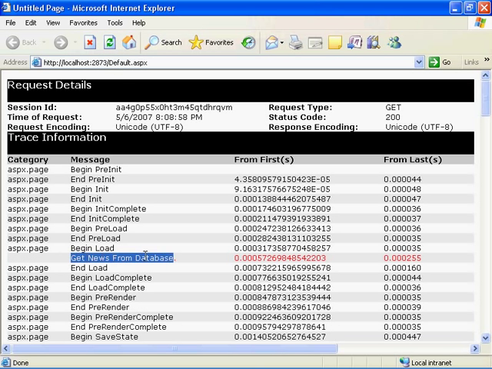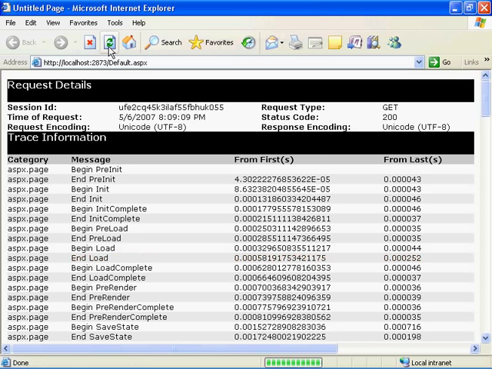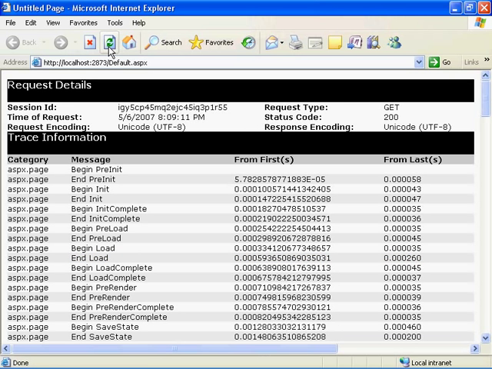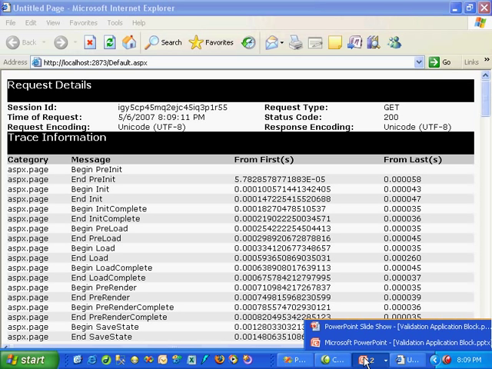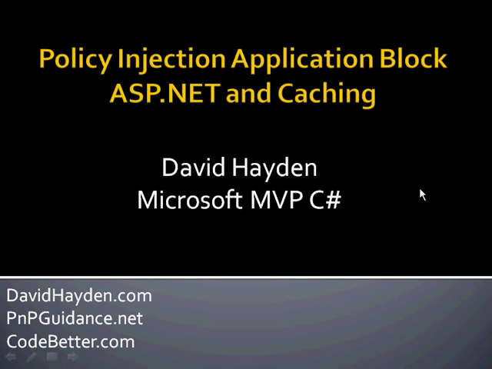The "get news from database" message shows up in our trace information again, which means that method has been called. If I refresh it again within 15 seconds, you'll notice that the method has been intercepted again and is no longer being called. So that's it. That's all it takes to use the policy injection block with an ASP.NET website and use it for